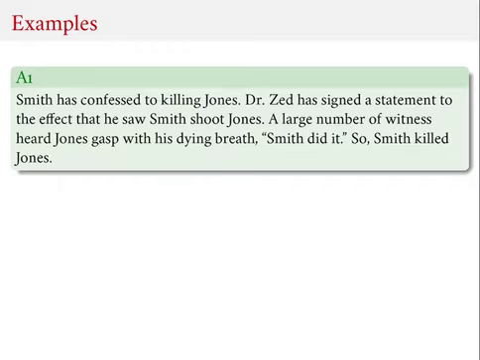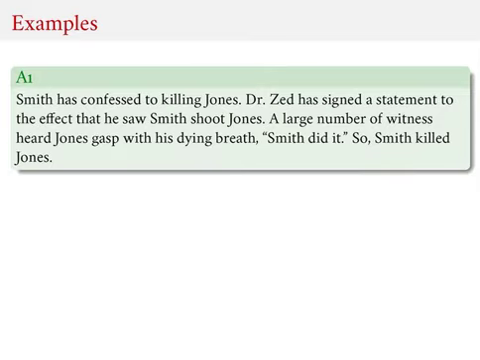Now, this seems like a very good piece of reasoning, despite the fact that it's not deductively valid. This piece of reasoning is not deductively valid because you can imagine a possibility, even though it's incredibly far-fetched, nonetheless, you could imagine a logical possibility in which all of this evidence is true. Yet, nonetheless, Smith did not do it. That is to say that the truth of the evidence here as premises does not logically guarantee or logically entail the truth of the conclusion.